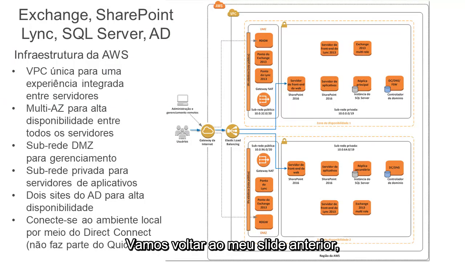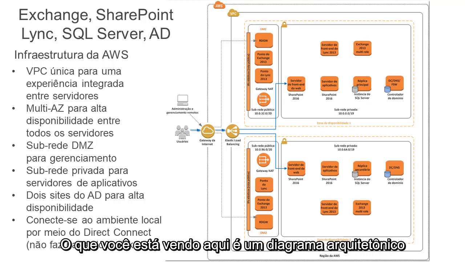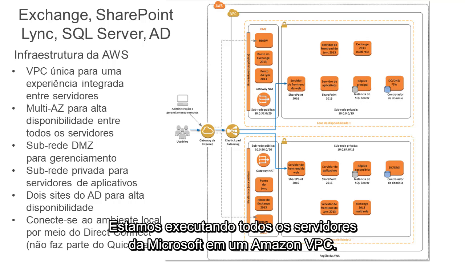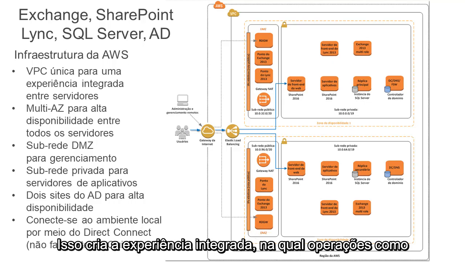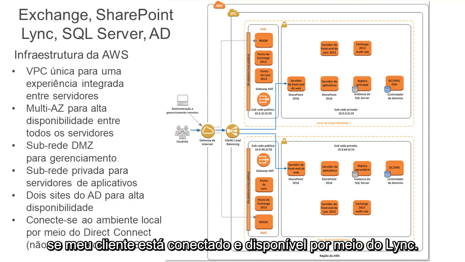Okay, so let's jump back, and on my previous slide, I talked about what made up the solution from a Microsoft perspective. What you're seeing here is an architectural diagram of the servers from an AWS perspective. You saw that I filtered on a single VPC. We were running all of the Microsoft servers in one Amazon VPC, and that creates this integrated experience where things like sending an email allows me to see in the Outlook client that my client is logged into and available